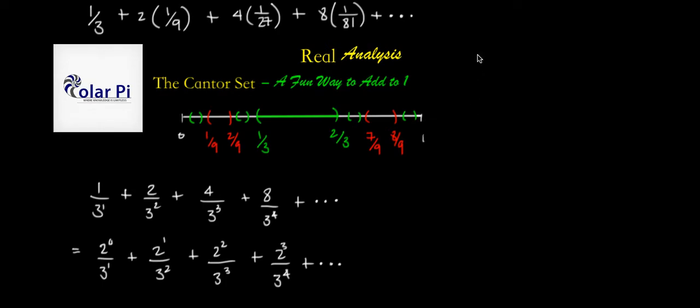But based on those videos or your own understanding of sigma notation, you should gather that this sum can be written succinctly as the sum from n equals 1 to infinity of 2 to the n minus 1 divided by